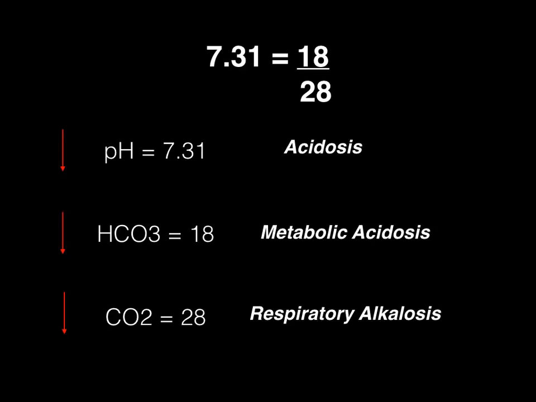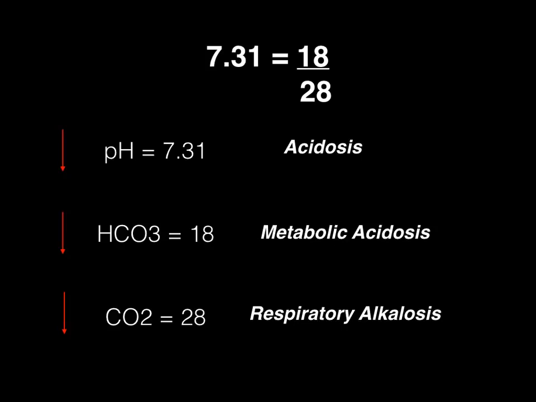Now let me explain how we arrived at that. It's metabolic because we're dealing with bicarb. I said that bicarb is always metabolic and CO2 is always respiratory. But why is it an acidosis? When we move from the normal value of 24 and we decrease that to 18, we're decreasing the numerator. If we decrease the numerator, we expect the pH to drop. And when the pH drops, it's called an acidosis. So again, bicarb dropping is metabolic because it's bicarb, and acidosis because the numerator decreases, which we expect to decrease the pH. Now let's look at the denominator.